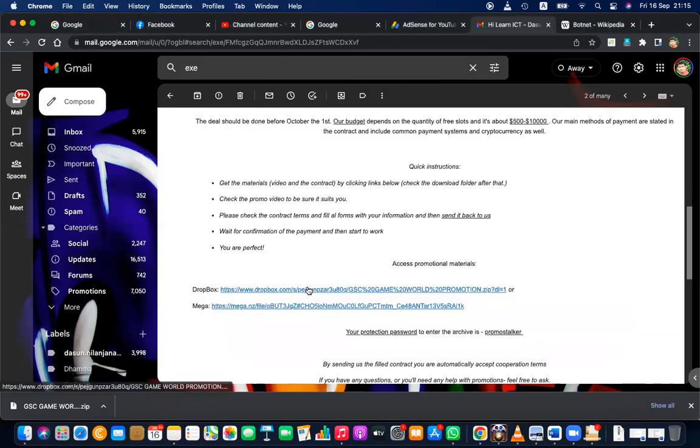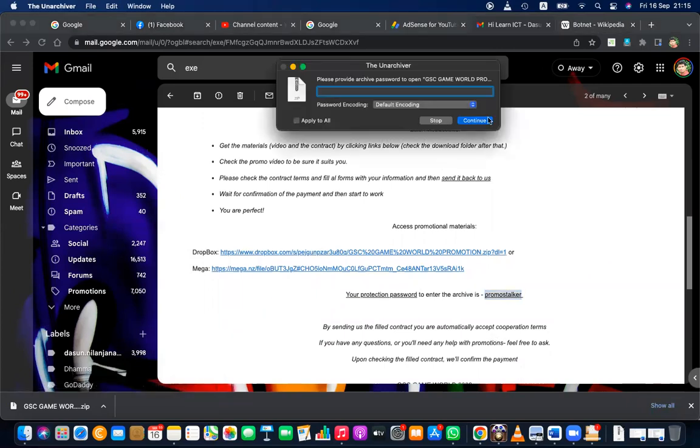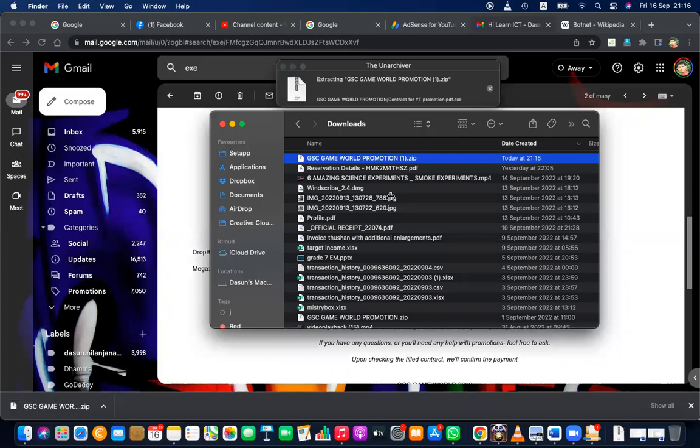That is basically why they are giving passwords. One of the main reasons is they want to avoid antiviruses. You can see it's downloading. The contract is supposed to be a PDF. But see the tricky way that people are trying to trap other people.